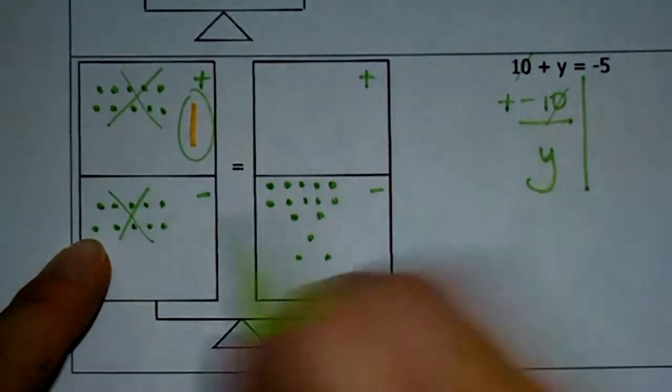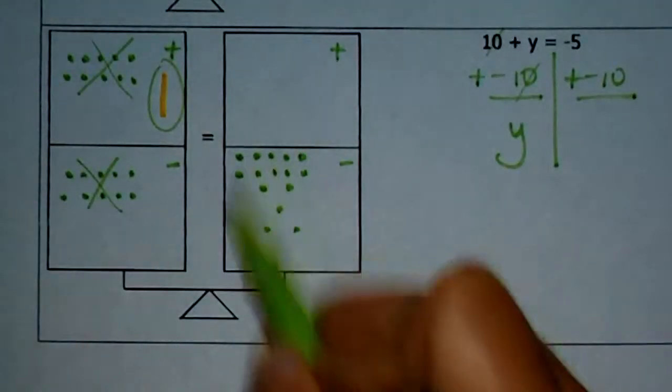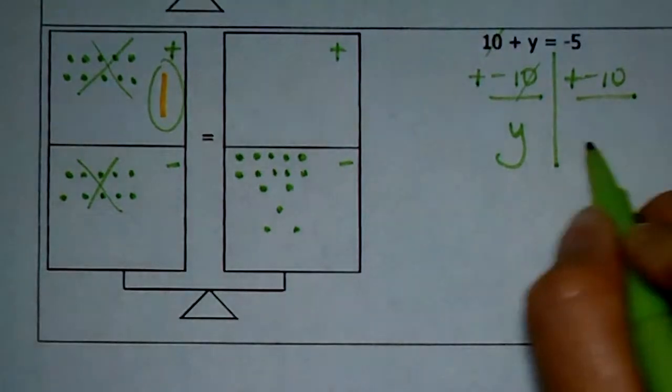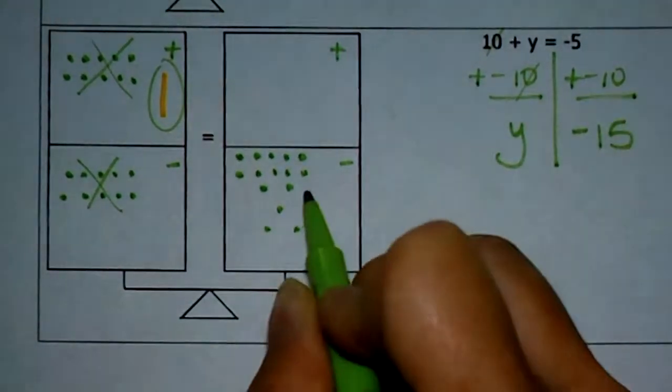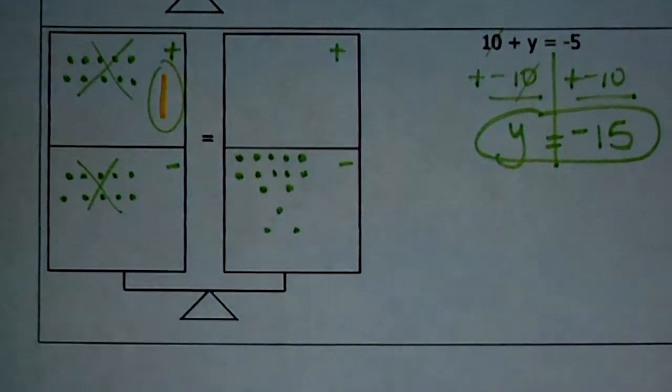So whatever you did to that side, we have to do to this side as well. And they're all on the negative side. When you take -10 plus -5, you get -15. So y equals -15. Now I'm hoping that you're seeing through all of this so that we don't draw pictures